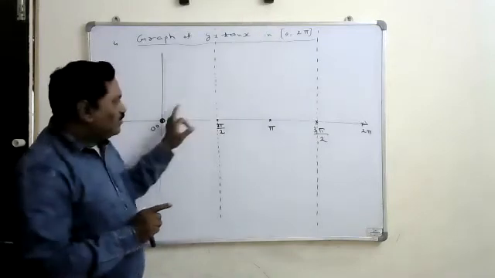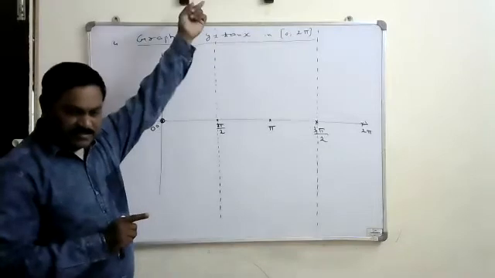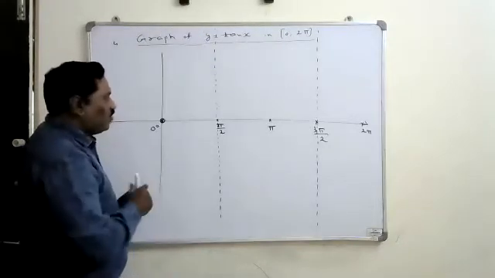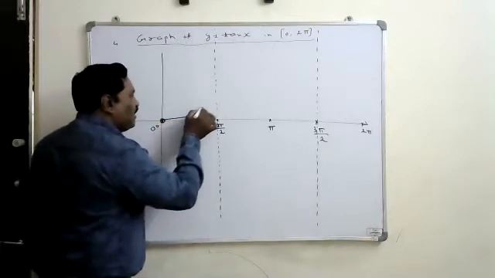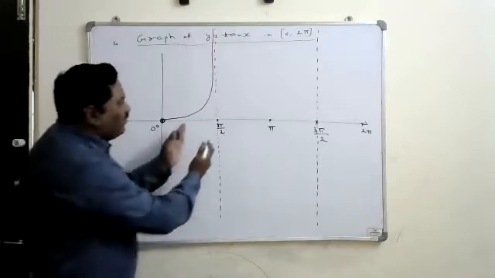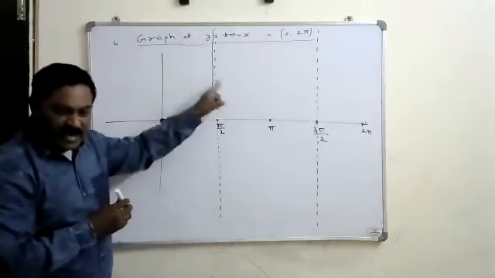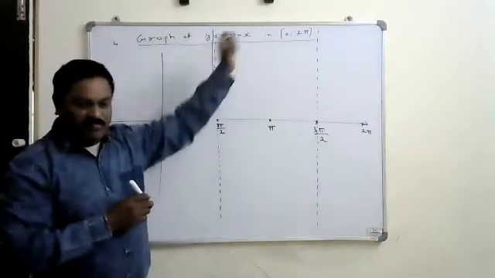Infinite means the graph is going to touch this infinite line at infinity somewhere else. That's why you have to draw the graph like this. It starts from 0, slowly increases and meets this line at infinity. Means draw it parallel to this. It never meets this line; it is going to meet at infinity. Okay, like that we have to draw the graph of it.